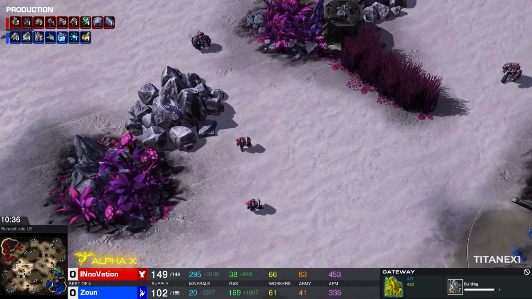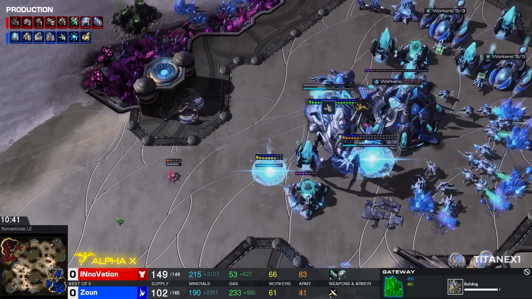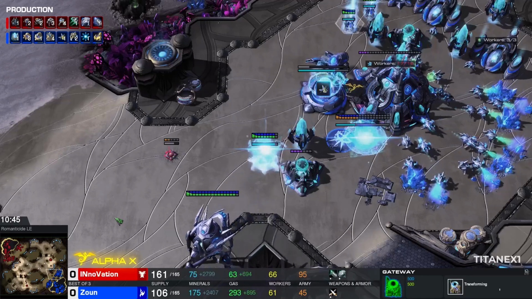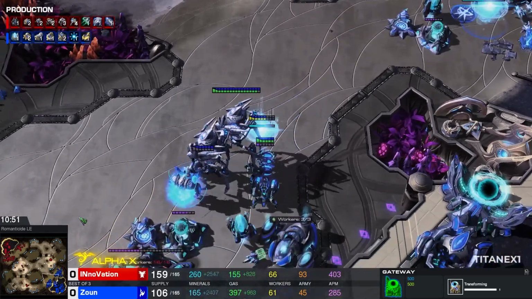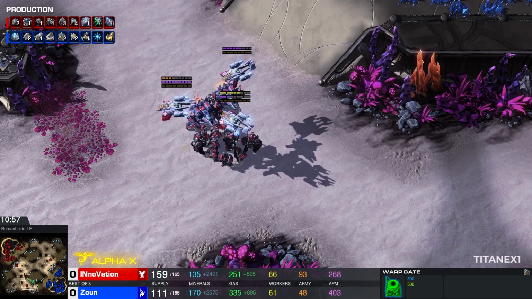Yeah, right now ZOUN is playing very, very defensively, and he has to, because again, he just doesn't quite have the army supply to scare Innovation. So I love what Innovation is doing. He's keeping up with the pressure. He's dictating the pace. He's the one with the map vision, right? Basically, got the maps,